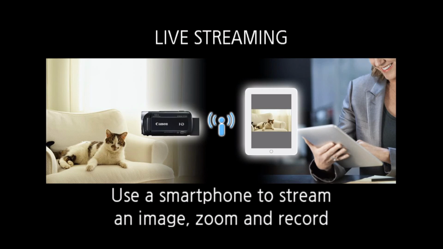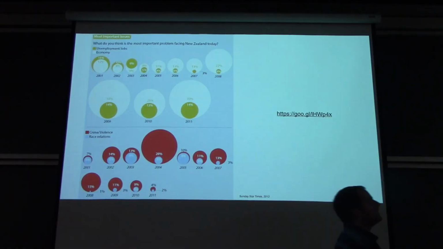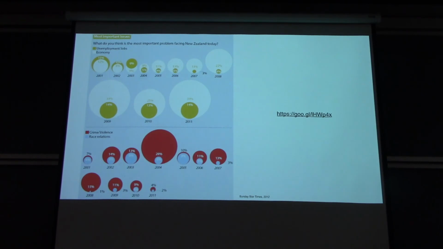Okay, so what do you find? What is the data that is encoded here? What's the data? Percentages of, I guess, worry. Yes. Worried about different problems. Okay, and so these problems are unemployment, jobs, economy, crime, violence, and race relations, right? And so, what is the type of the data that we have here? Yeah, so we have percent here, number of people, percent of number of people, and if you break it down to the data type,